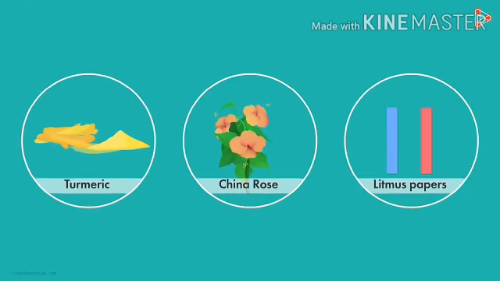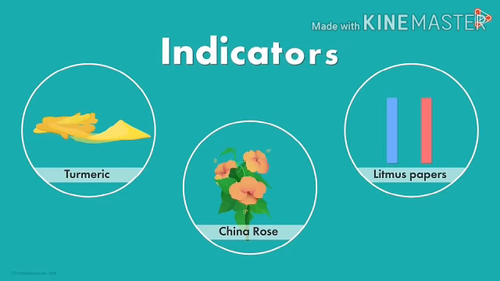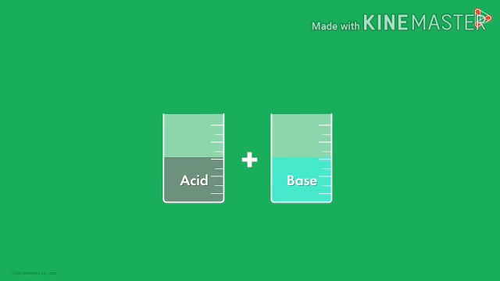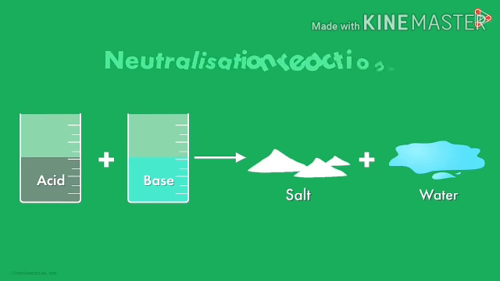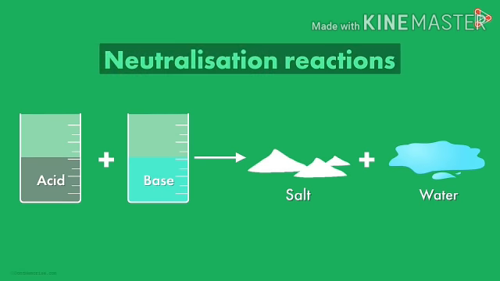This is how several compounds are used as indicators that help us in detecting the acidic and alkaline nature of solutions. Let us now move ahead and find out what happens when we mix an acid and a base. But we know this already. We have seen that an acid and a base, when mixed, give us salt and water. Let's study these neutralization reactions in detail in the next video.